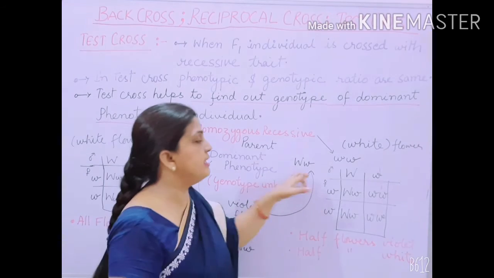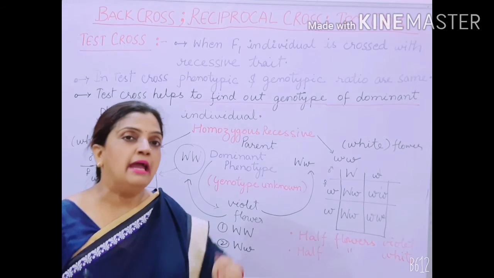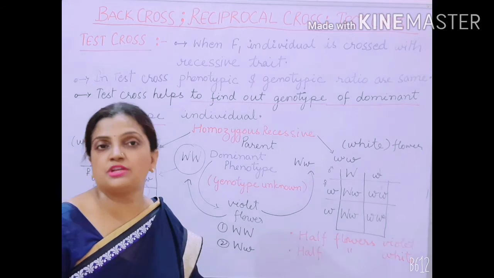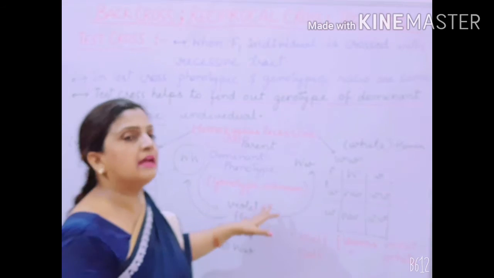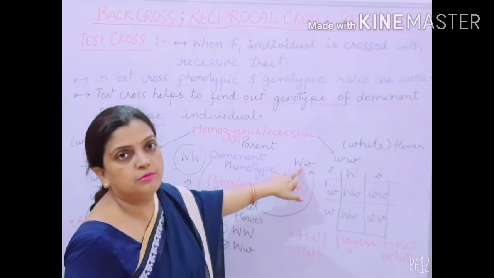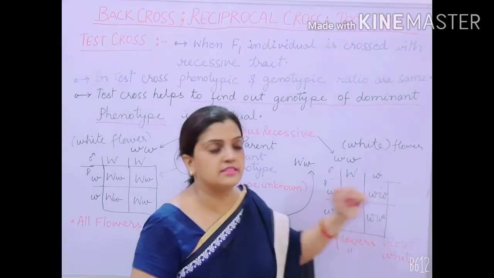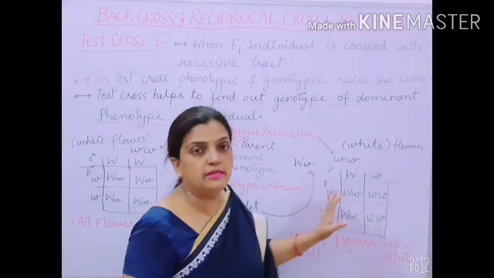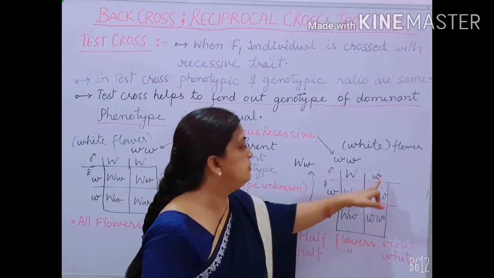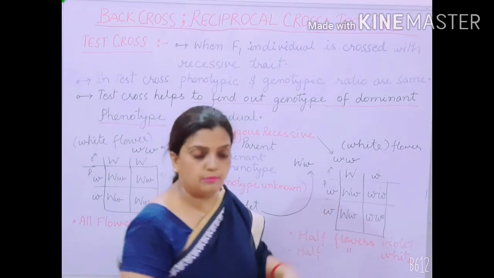We are getting this one, and this gene I am writing over here, but Mendel did not know it, and it is not possible for us to enter into the plant to know which type of genes are present in them, but by calculation it can be done. So for that, capital W and small w is the genotype taken, and small w is the recessive, and similarly the cross is made, and what did we get? Capital W and small w, small w and small w, capital W and small w, and small w and small w.